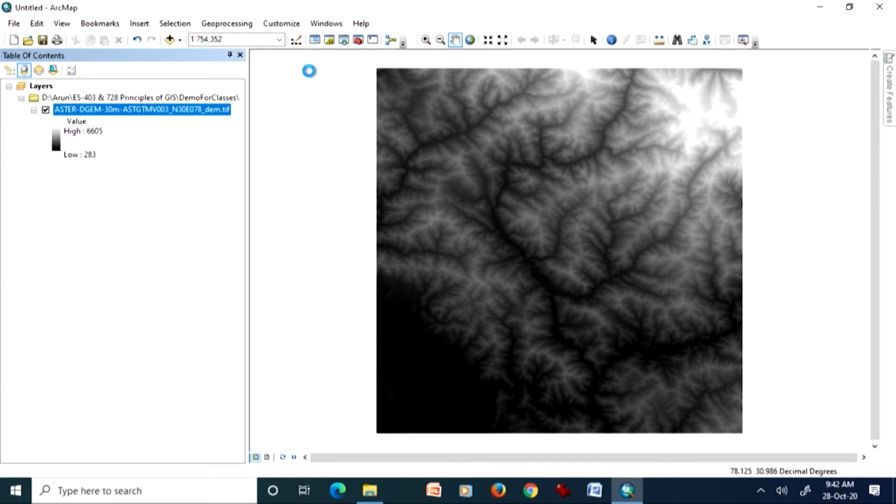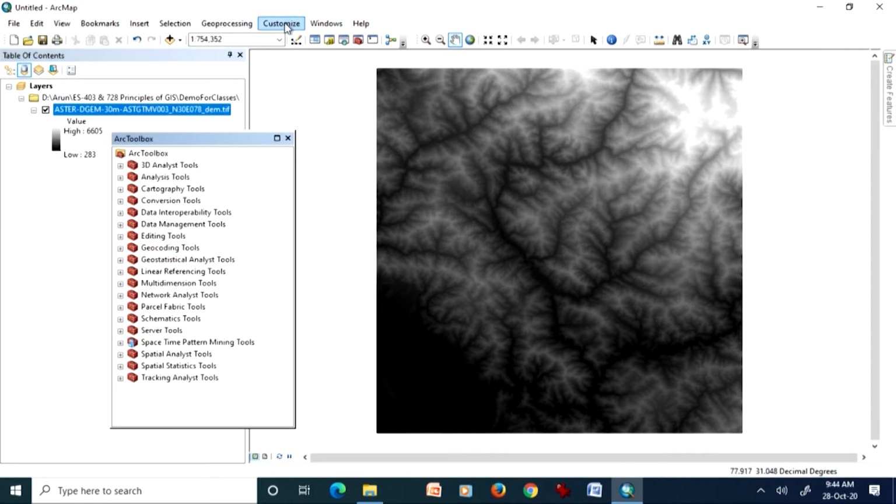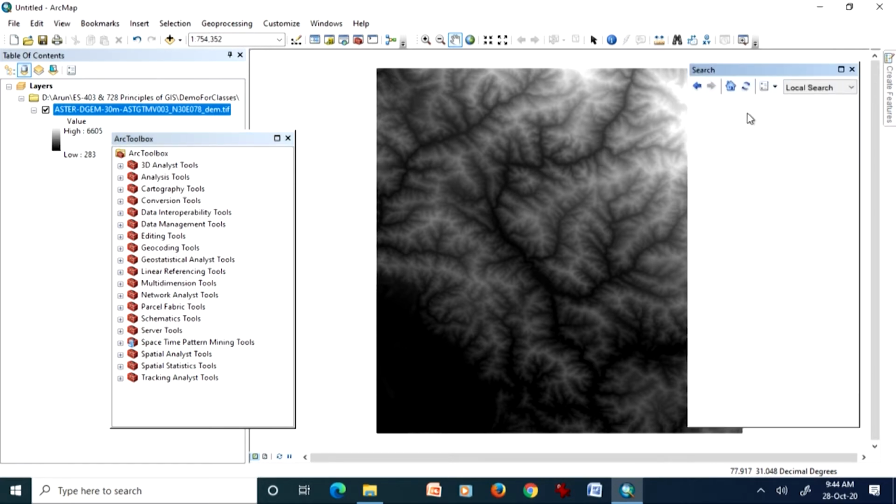The one which I prefer is always to go for the search, and through that I can find very easily the tool which I am looking for. The toolbox is already there, but instead of the toolbox, we can use the search method, which I find very easy. We don't have to remember where exactly that tool is residing in the toolbox.